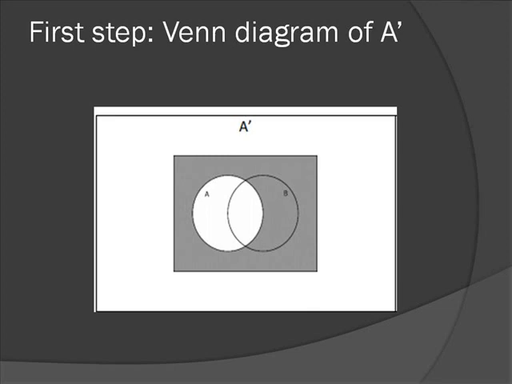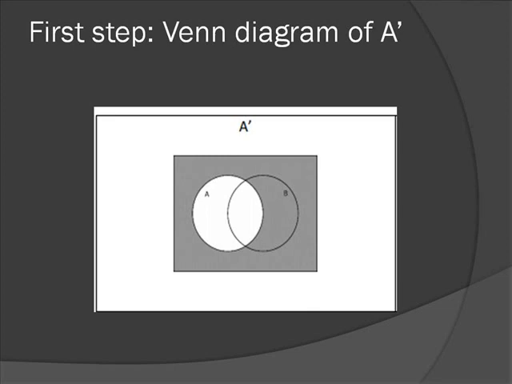So this is basically the Venn diagram of A complement. We know that complement means other than, and A complement means we have to shade everything other than A. Since there is a complement, there will be a universal set. So I have drawn a rectangle, and since I have two sets A and B, I will draw 2 circles inside. Since I have to shade A complement, I will shade everything other than A. I left A and I have shaded everything which is other than A in the rectangle.